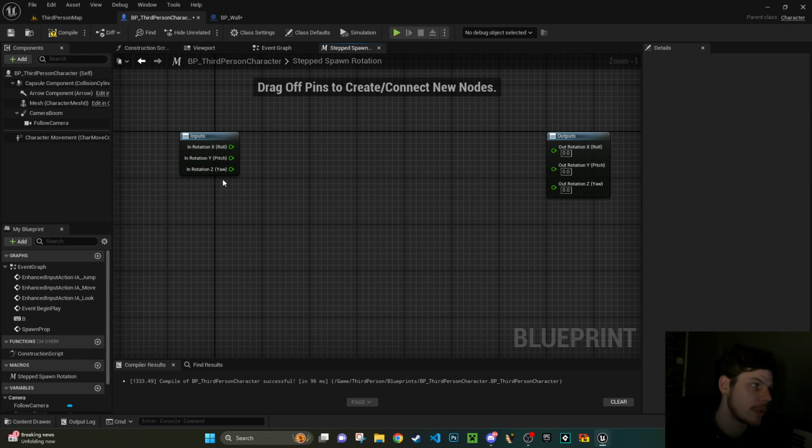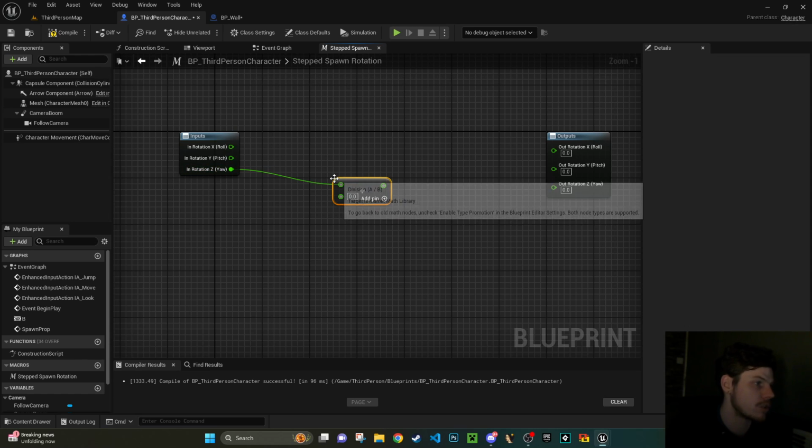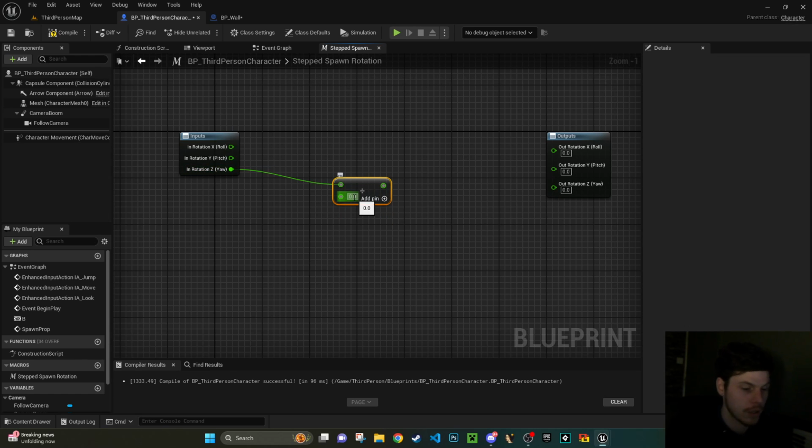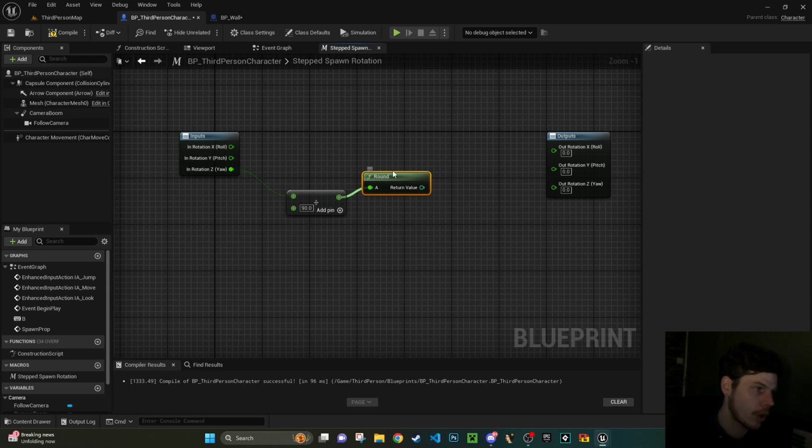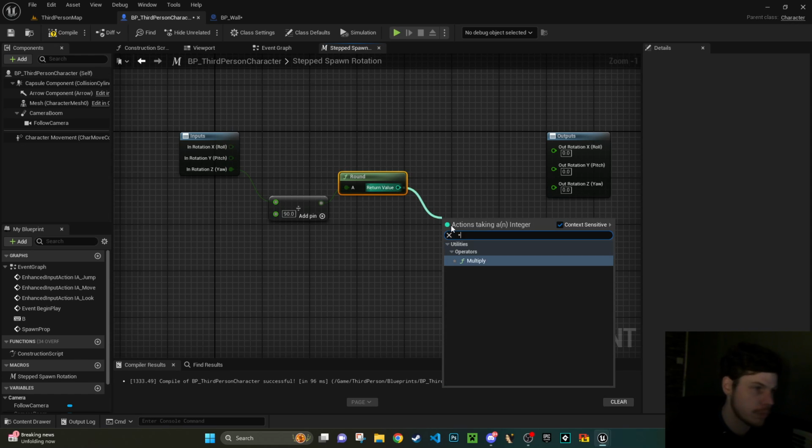So we want to limit this by 90 degrees. So we're going to take this value, we're going to divide that by 90. We're then going to round that figure, so then we only get a whole number. So it's either going to be 1 times 90, so it'll be 90 degrees, 2 times 90, 180, and so on and so forth. We don't want anything in between. So we'll round that. Then we're going to multiply that